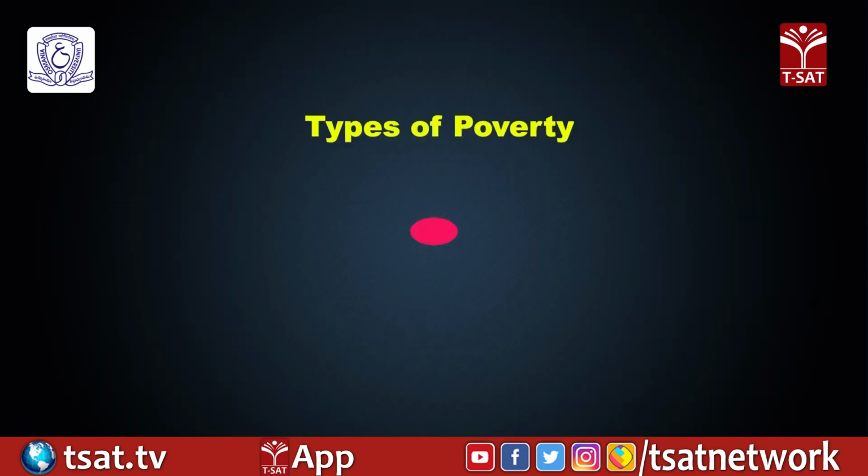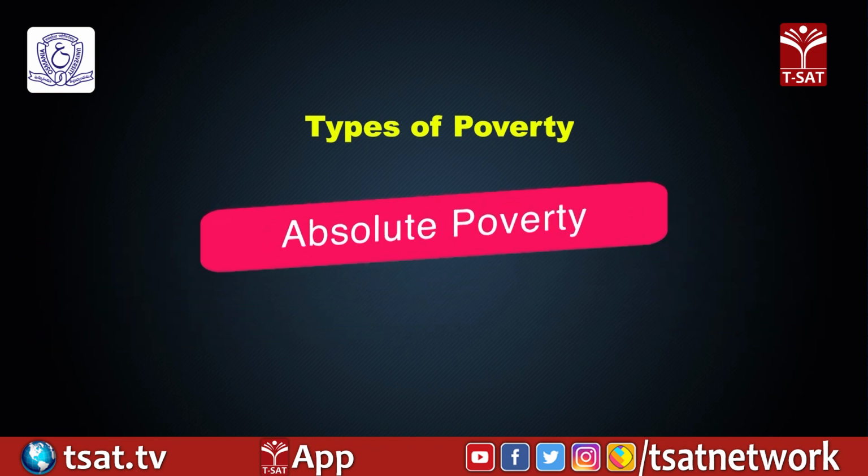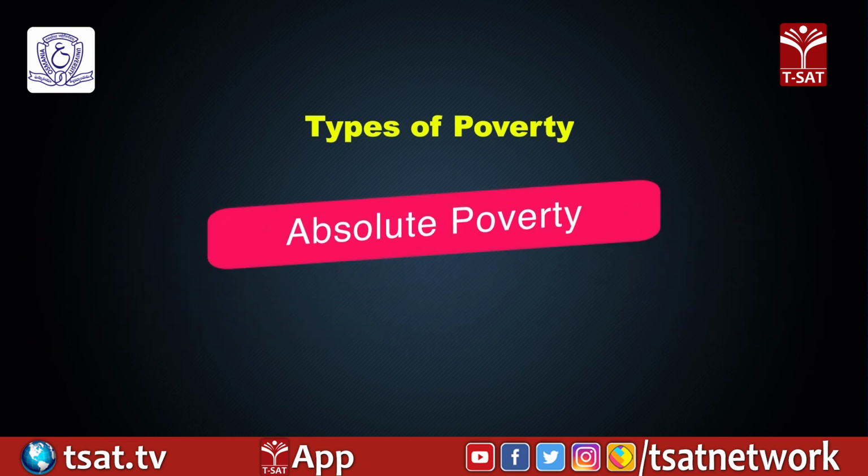Now, we will understand what are the types of poverty. There are two main classifications of poverty. The first one is absolute poverty, a condition where household income is below a necessary level to maintain basic living standards, that is food, shelter and housing. This condition makes it possible to compare between different countries and also over time.